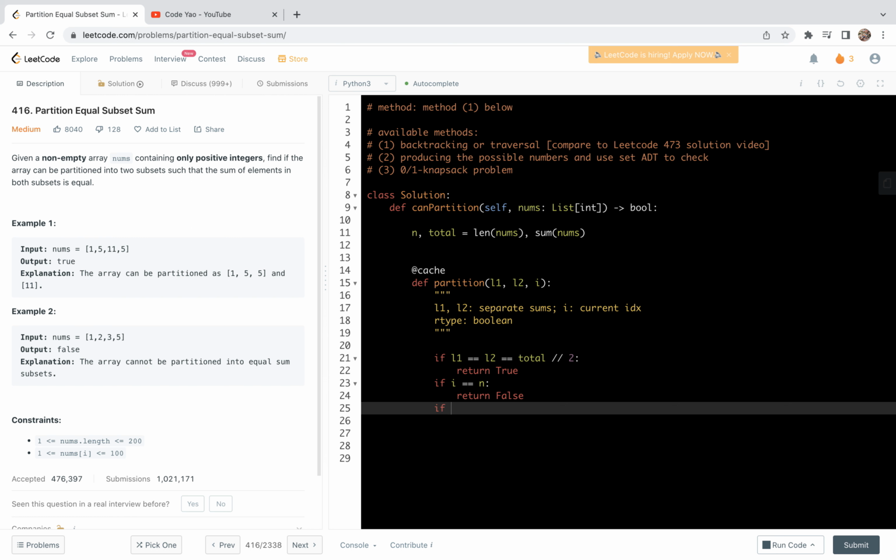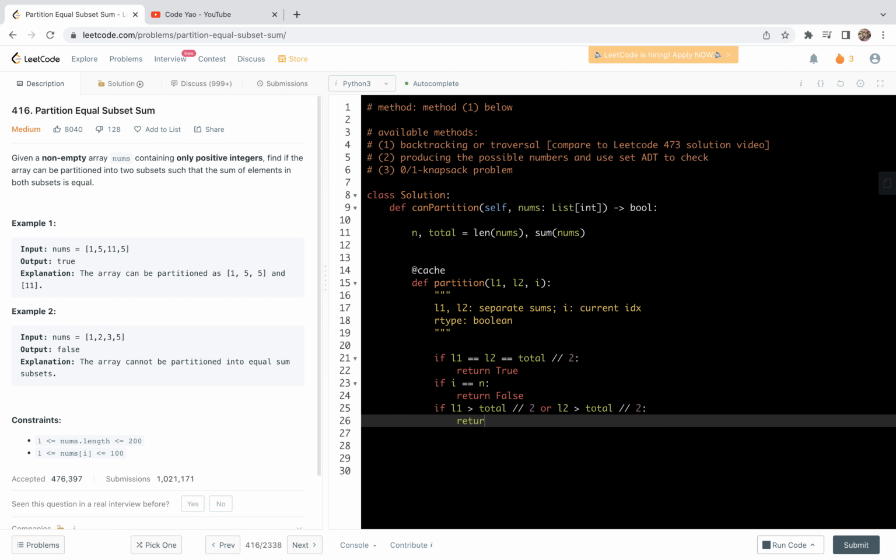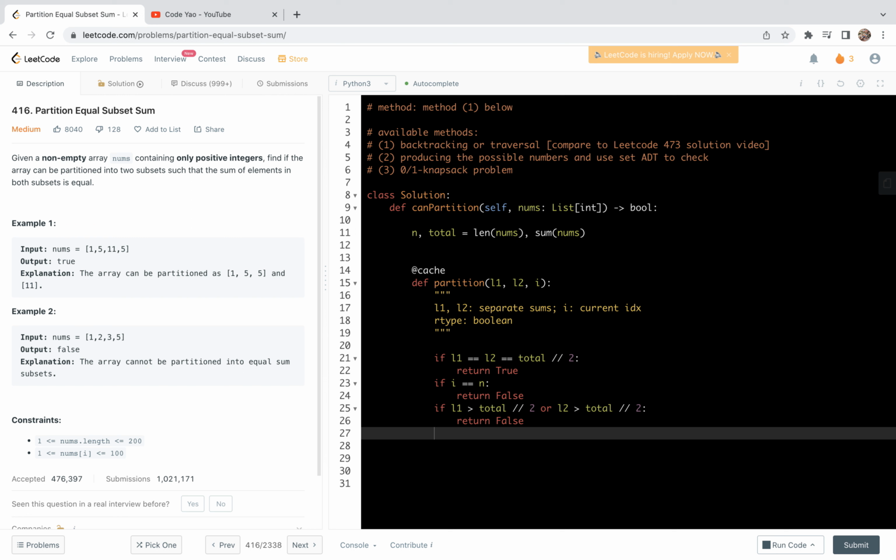Another case is that if L1 is greater than total over 2, or L2 is greater than total over 2. In this case, we're going to return false. Otherwise, we're going to make recursion call. So partition